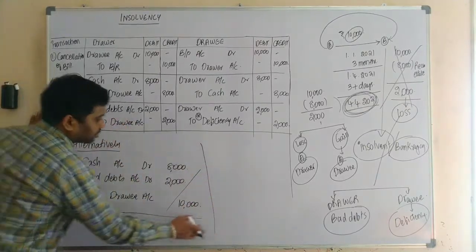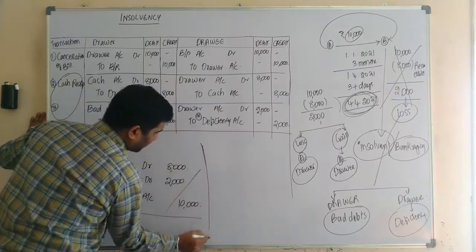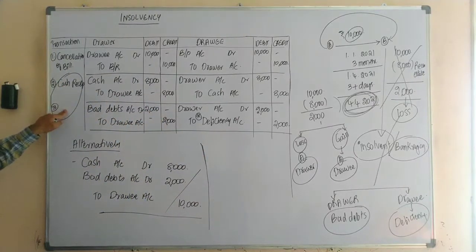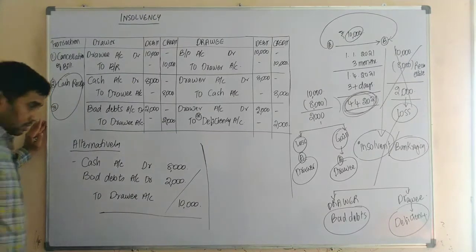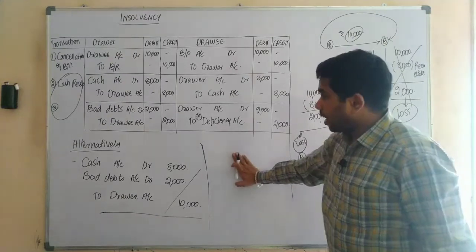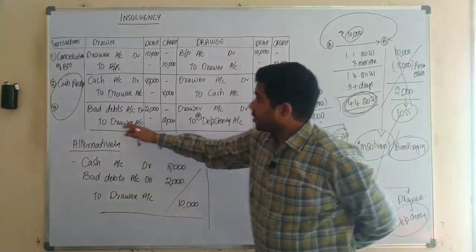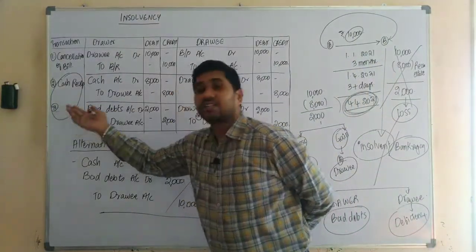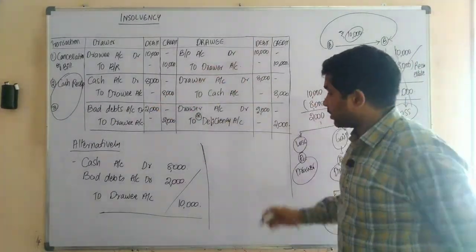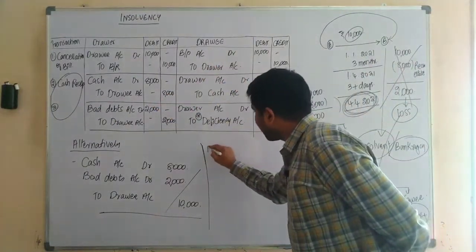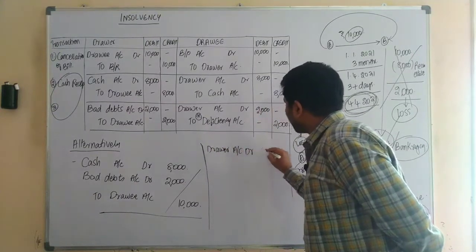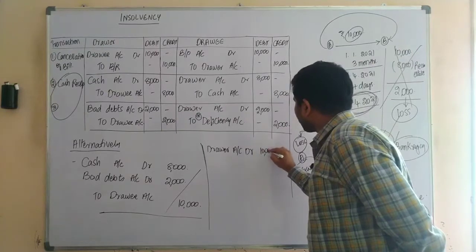An alternative journal entry, or a compound entry, can be written by combining these two, cash receipt and gain or loss. So, in the books of drawee, upon recording the transactions of second and third, that is nothing but combining your cash receipt and your bad debts together. So, what is the journal entry? The journal entry would be drawer account debit. How much was the drawer account? 10,000